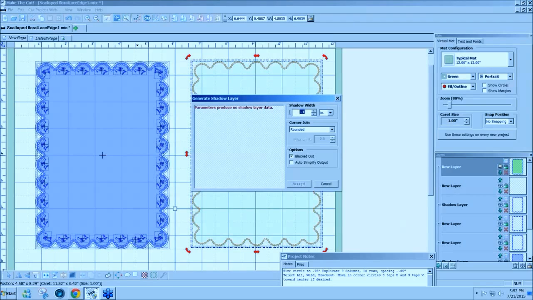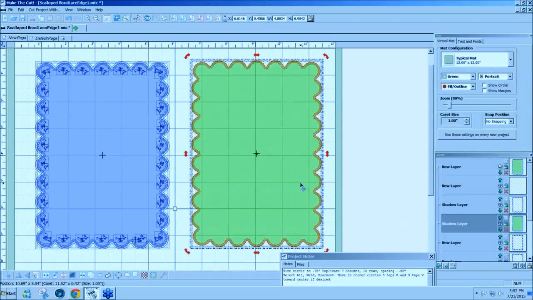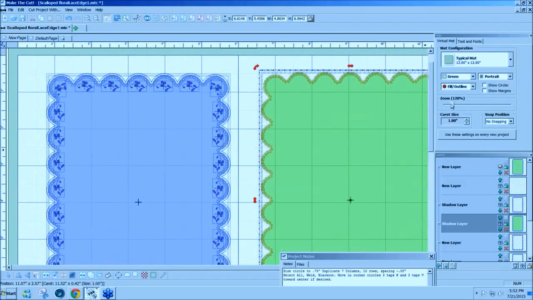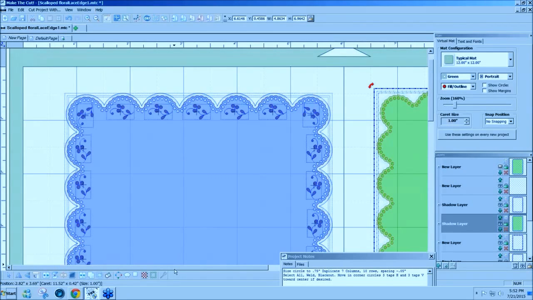And it wouldn't be a minus, but it would be a 0.0, maybe 3. What I'm looking for is the shadow here, and accept that. And if we look at this really closely, you'll see that now we have this little ruffled edge